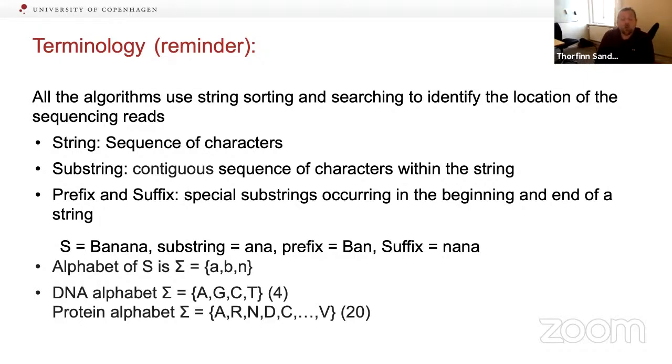Okay. Also, when you're working with high throughput sequencing data, sometimes you also have small characters and big capital characters. It's the same nucleotide. This is mainly related to which strand we are sequencing. If you have a reference genome, it could also identify regions which are repeat regions. So sometimes you also get small letters and capital letters. If you're working in a protein alphabet, then we have 20 different amino acids. Okay, so this is a short reminder.